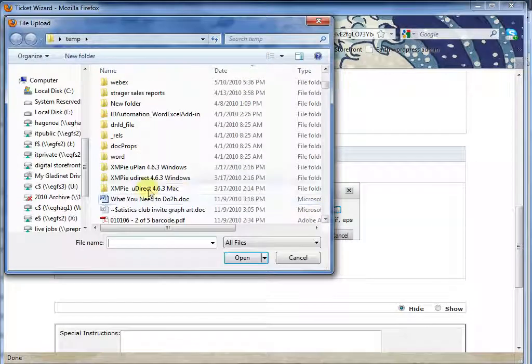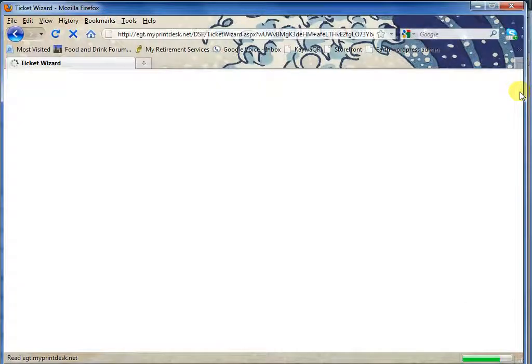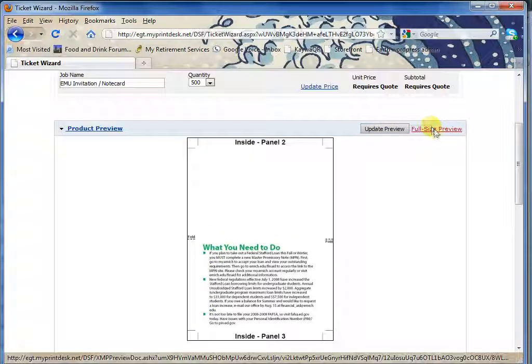Selecting the new file, uploading it, and now refreshing the preview. So these black bullets should turn green in the new preview. And there we go. Now we have our green bullets. We should look at our full-size preview again